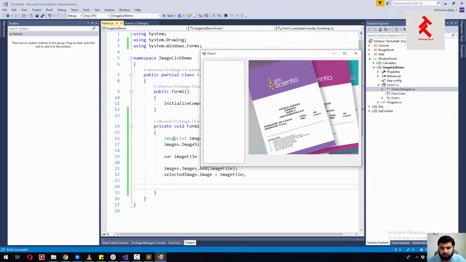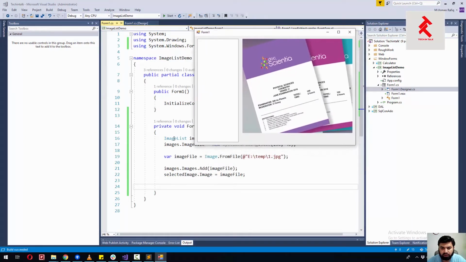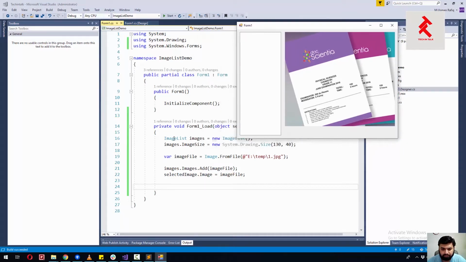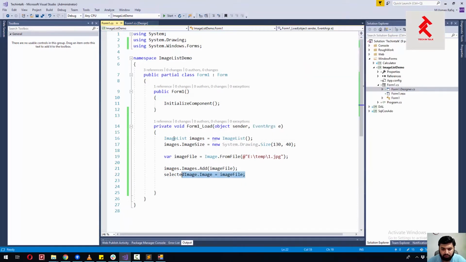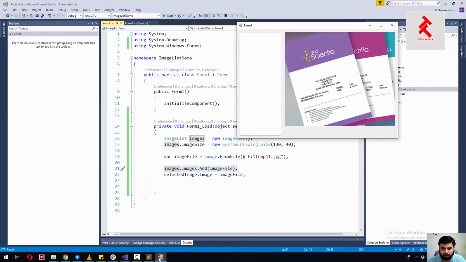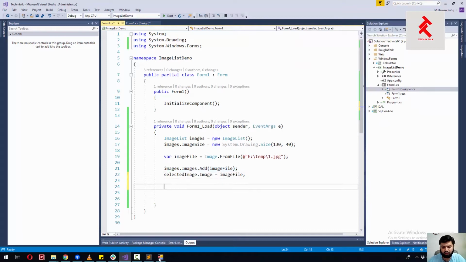Okay, so you can see we have an empty list view, and the picture box has the selected image here. So what has happened is we have loaded the image file, we have assigned that image file to our picture box right here, and we have the image added into the image list, but we haven't assigned this image list to this list view. So the next thing would be to